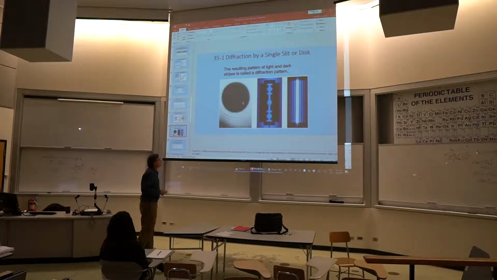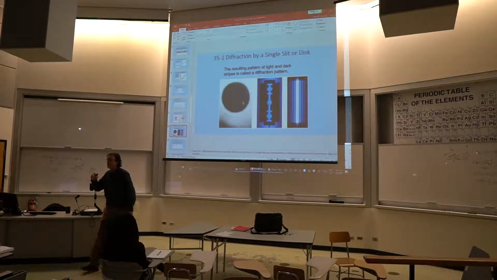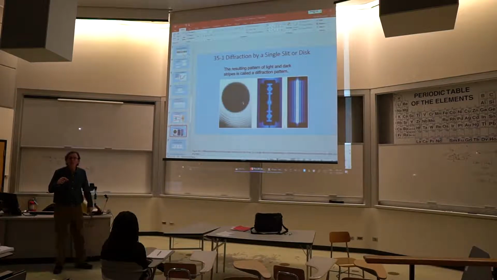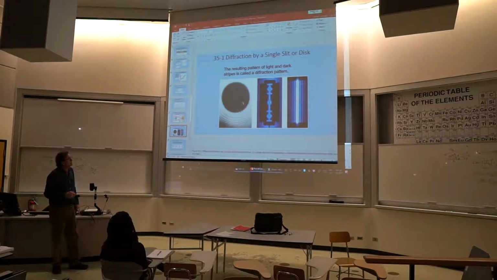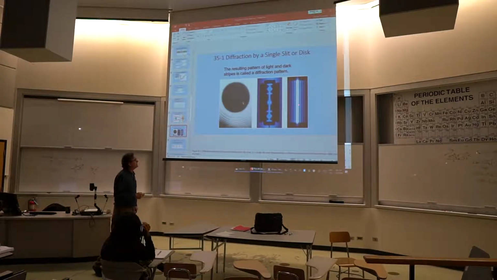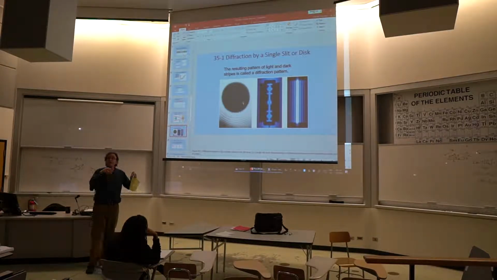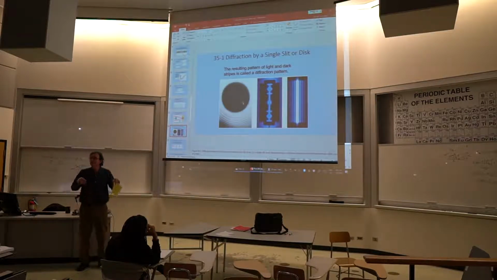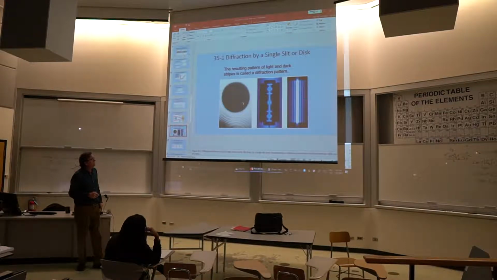Now, to finish the rest of the physics of this chapter, what we're going to look at is the intensity pattern we get from a single slit. So this one right here that I was referring to before really is the intensity pattern from a single slit. It does have maxima, it does have minima, and in this case, this central maxima is much larger than the maxima as you move away, or we would say the fringes, which are these locations of high intensity away from